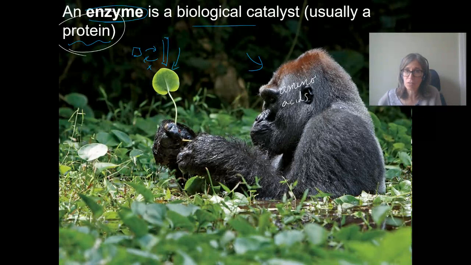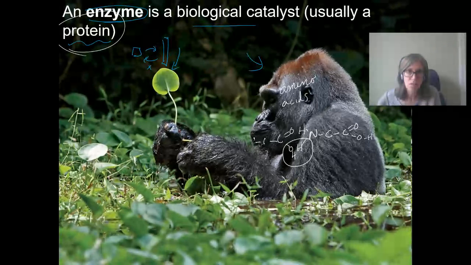You'll have a long string of amino acids. Each amino acid has a nitrogen, a carbon, and a carboxyl group here, a carbon with an O. I always say nitrogen, carbon, carbon with an O. Nitrogen will have some hydrogens on it, and then it will bond to another amino acid, and you'll do a dehydration synthesis reaction, taking the H off one and the OH off another to put those together. Anyway,